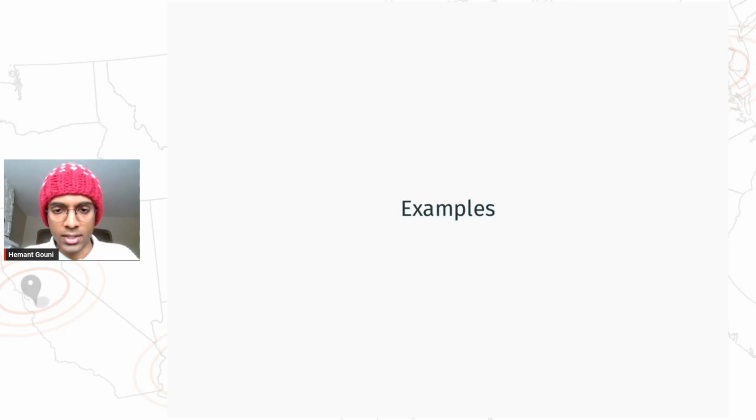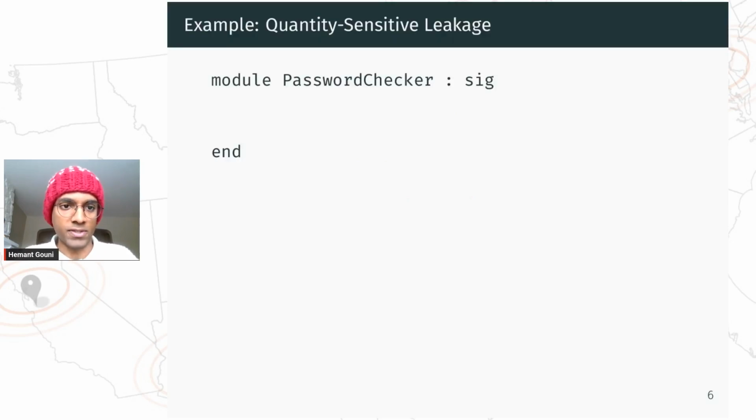I want to walk through some of the nice examples of the kinds of things you can talk about under this idea. We're going to start off by returning to dependency tracking land. In particular, we want to track at a very coarse level the amount of information that we're leaking about some password, say. This password tracker module starts by declaring an affine resource lock,